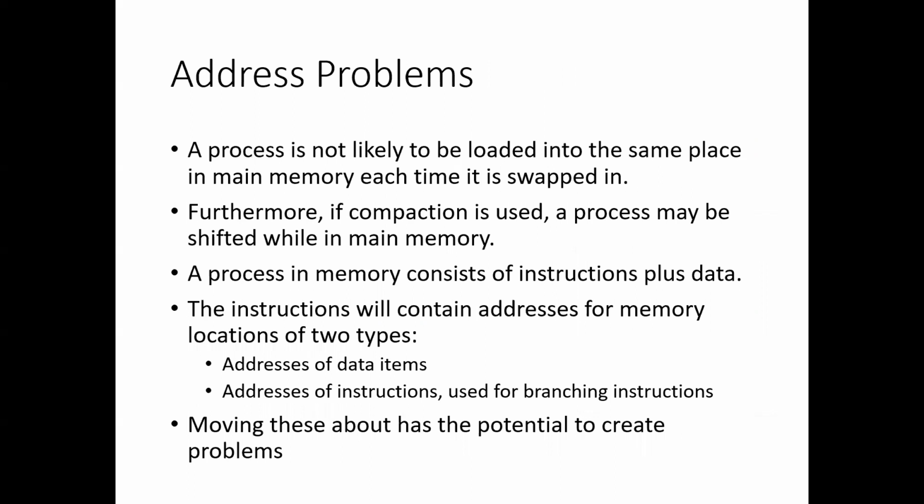The other thing to consider is the address problem. The process is not likely to be loaded into the same place in main memory each time it gets swapped in. And if compaction is used, the process may have been shifted while it's in main memory. So a process in main memory consists of the instructions plus the data, and they will contain addresses for memory locations of two types: data items and instructions used for branching. Moving these about has the potential to create problems because you're shifting addresses when you move things about in main